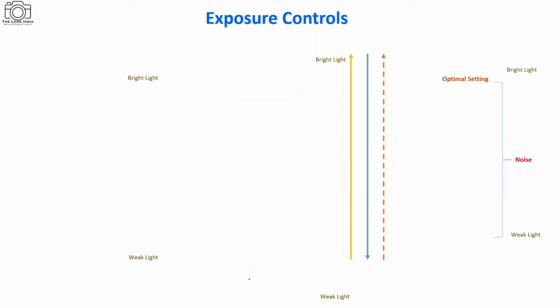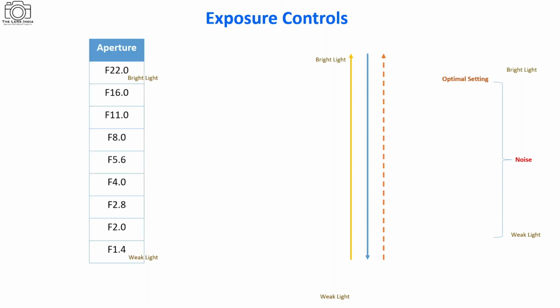So now let's move on. Let's try to understand how the exposure is controlled. You can see some of the letters which I have written: bright and weak light. Let's try to understand one by one. We have mainly two situations: a very bright light or a weak light. So just consider this one parameter of light as of now.